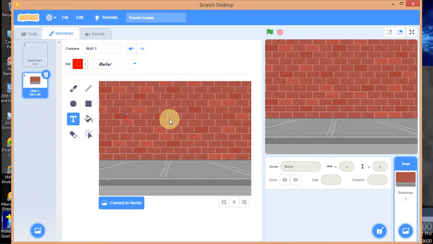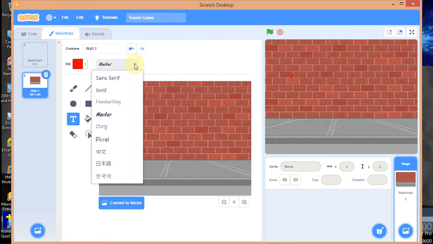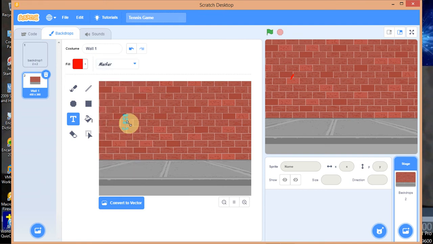For some reason, you can change your font here, just in case. I tried sans serif font, but the font used for the game is marker, so just go ahead and do that. Or you can write first and change your font later. Let me start again so that you understand what I'm trying to do. So check here and write. By default your font should be sans serif.